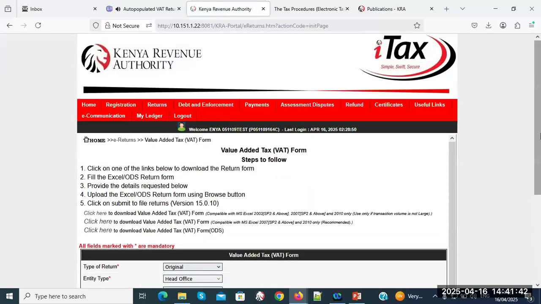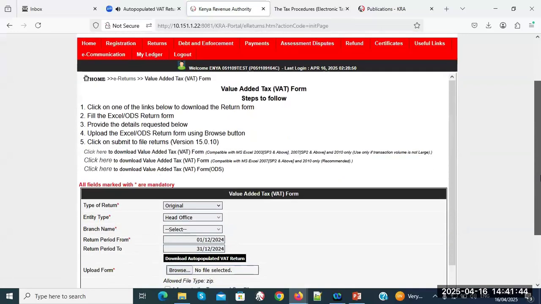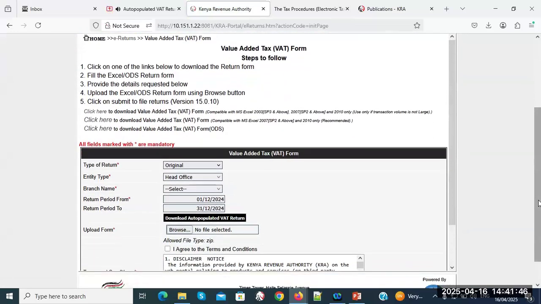Now, you'll realize that you can access the VAT return from two places. You can access the VAT return from here, but you can also access the VAT return from here. I want to give a distinction of what the two provide and what they don't provide. I know there's still some of us who are accessing the VAT auto-populated return here, but if you actually use this hyperlink, depending on the format you're using in terms of Excel,